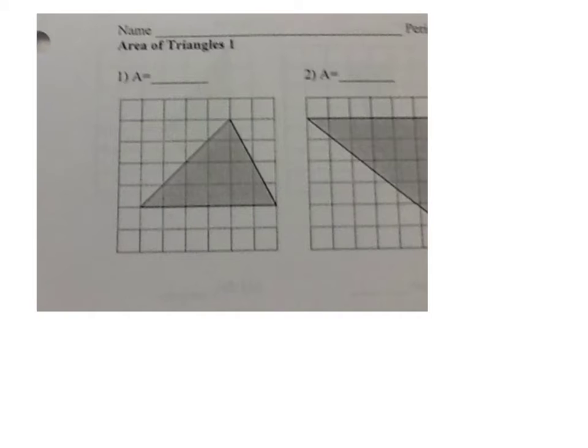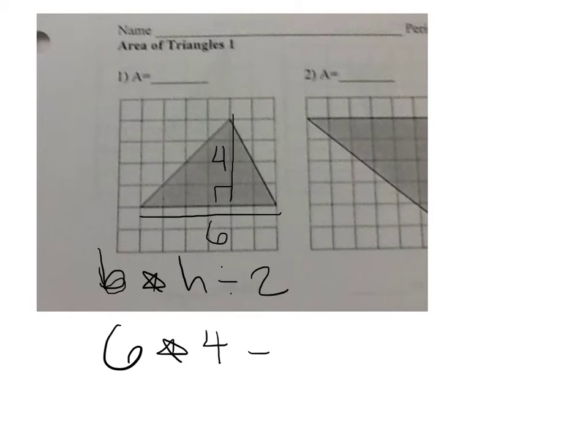So here's number 1, and I'm first going to write that the area of this triangle is base times height divided by 2. I know my base is here, so that's 1, 2, 3, 4, 5, 6 units. My height, I'm going to go from the base until I reach the highest point, and I use that right angle because I'm talking about height. So that's 4. So it's 6 times 4 divided by 2,